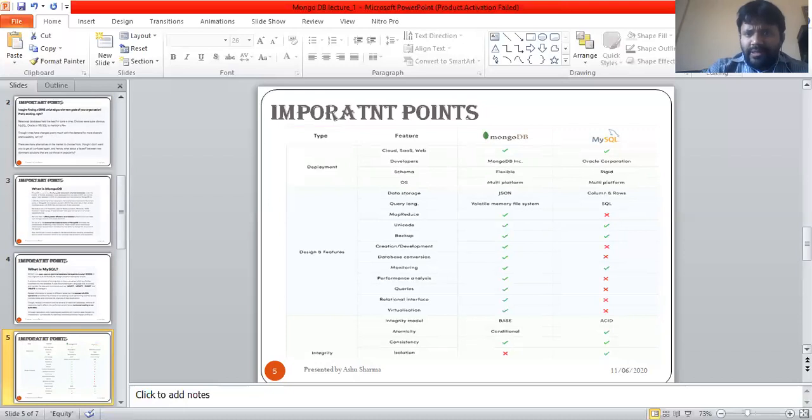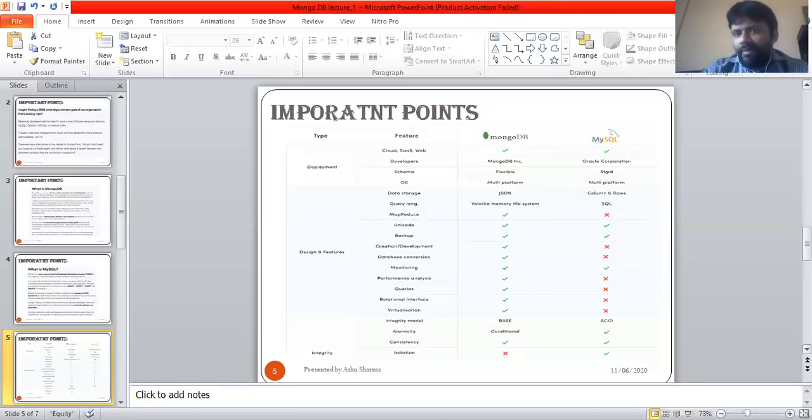And along with this, we may say that MongoDB is supporting that type of thing. Again, the integrity model is BASE and ACID. BASE for MongoDB and ACID for MySQL. Atomicity is conditional. Yes, so atomicity is there. Either the transaction completes or it doesn't start even. So that is the concept of atomicity for making